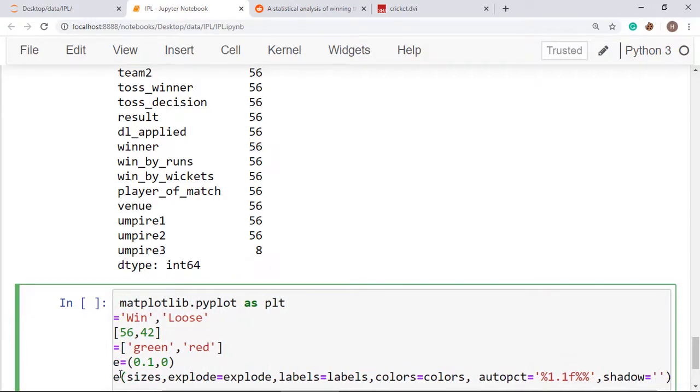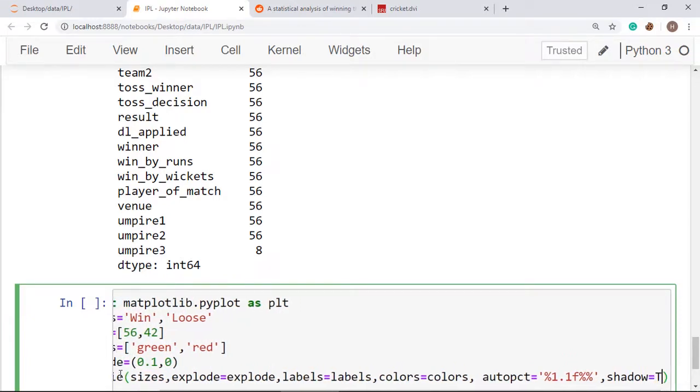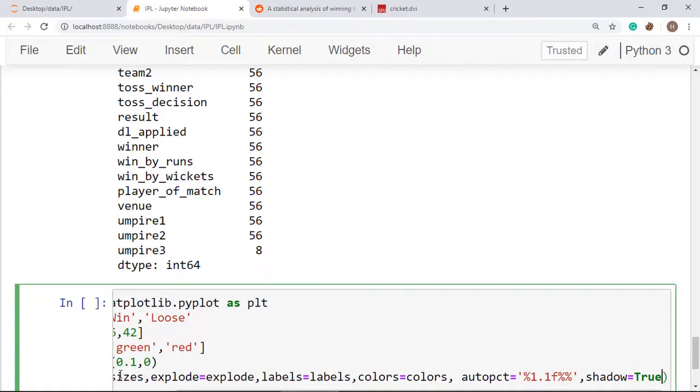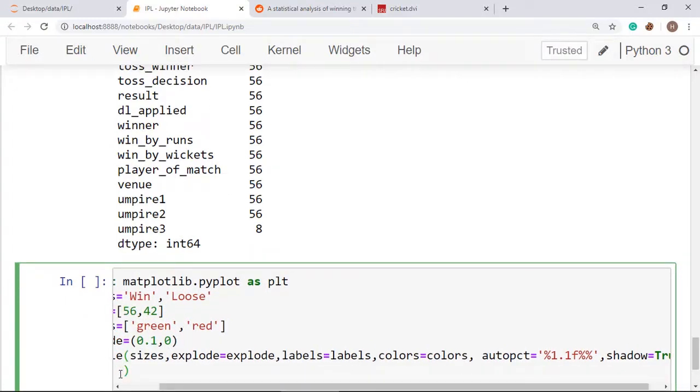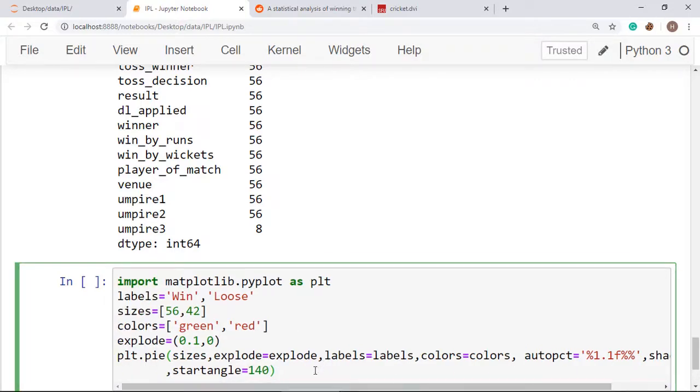Actually I am also making it a colorful one so that you can use it to show in your social media accounts also. And I want startangle equal to 140. You can use anything. All right. I want to start it from 140 degrees.